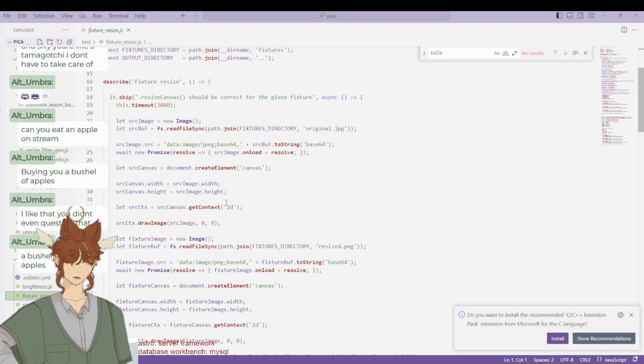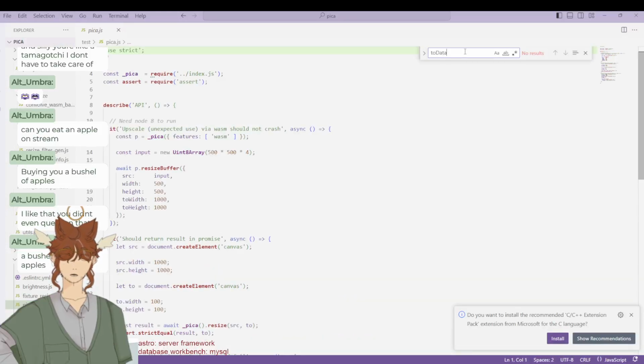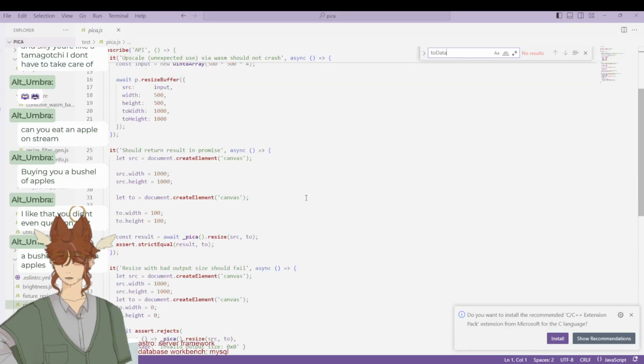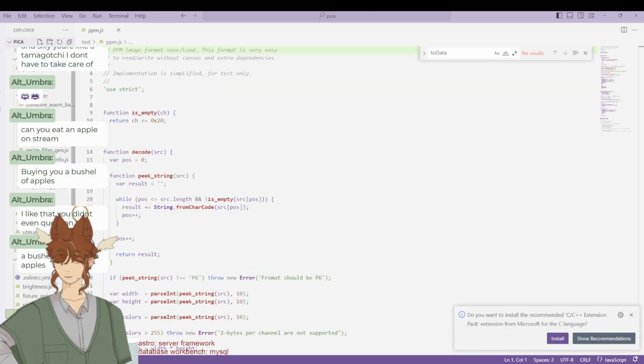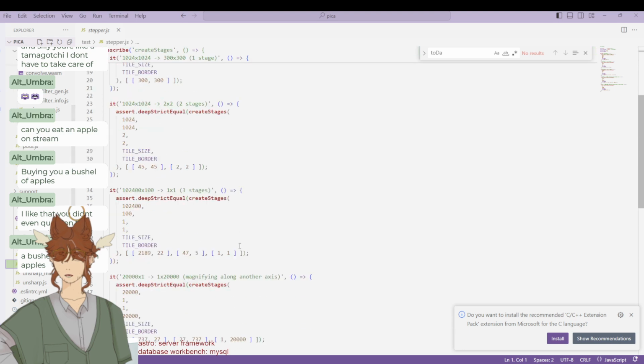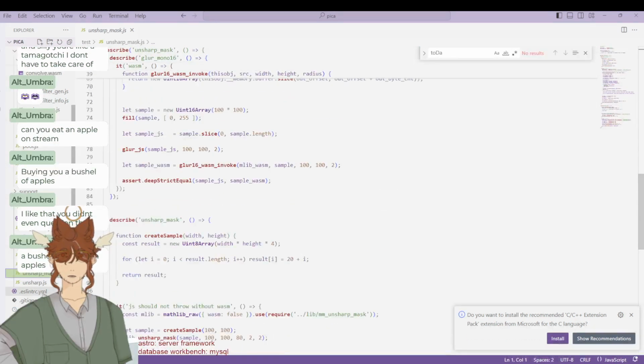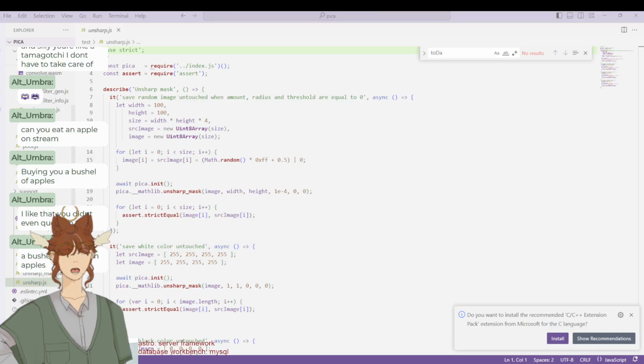Okay, anyway, this is not what I need. There's no toData here. Pica.js. Really? So this one doesn't have it either. Oh, wait, yeah, because this is the entire file. Okay. ppm. That's this thing. You'd think this also would have a toData, but I guess not. I guess this is just a test. Well, these suck. I don't like these files. So literally, it's one line of code that is referencing this. So if we can figure it out,